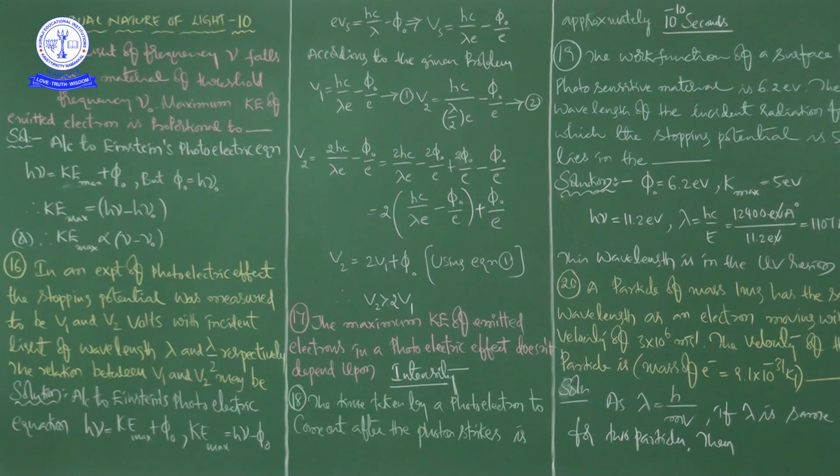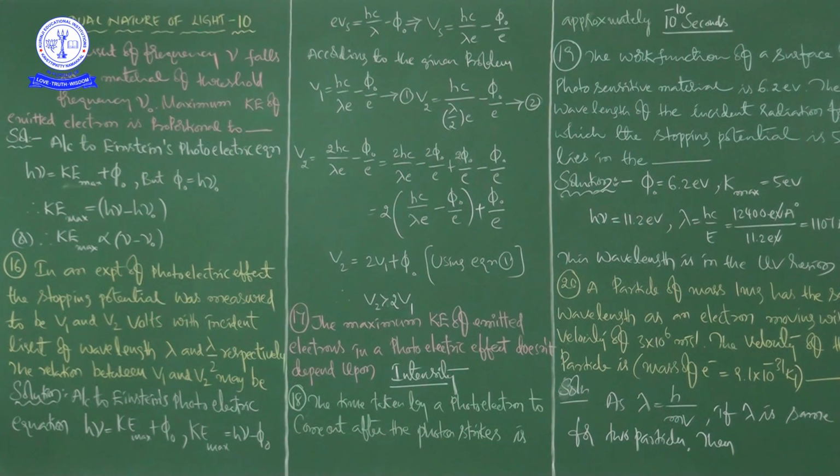What is the photoelectric effect experiment? When a metallic surface is exposed to the invisible form of energy, that is light, then emission of electrons takes place from the metallic surface. This is a natural phenomenon, and you can call it the photoelectric effect, or the experiment of the photoelectric effect.